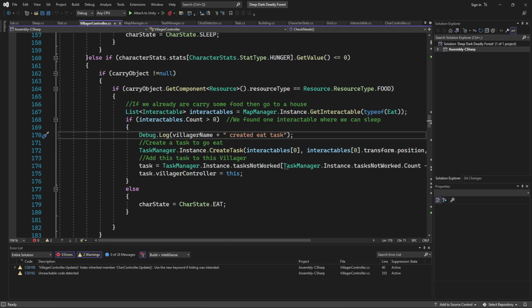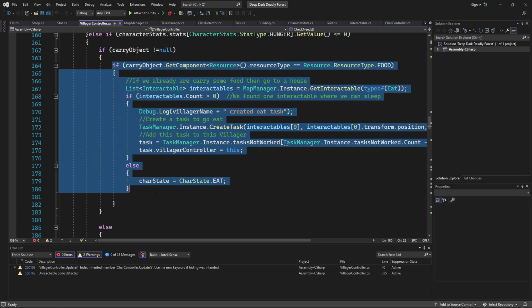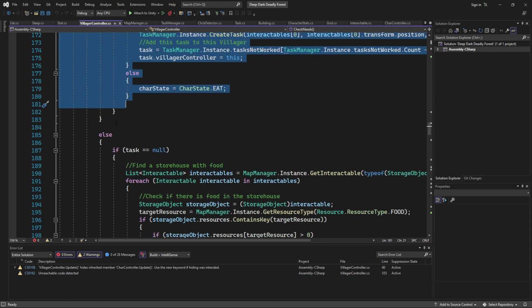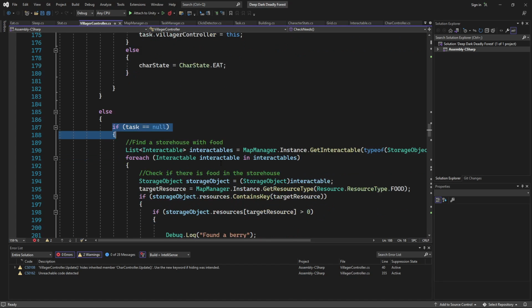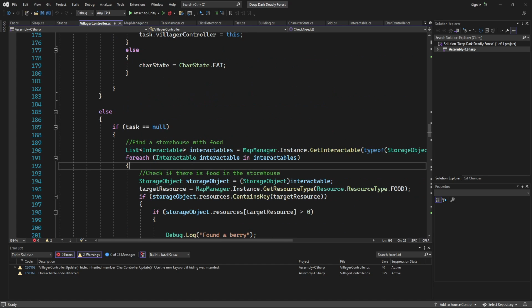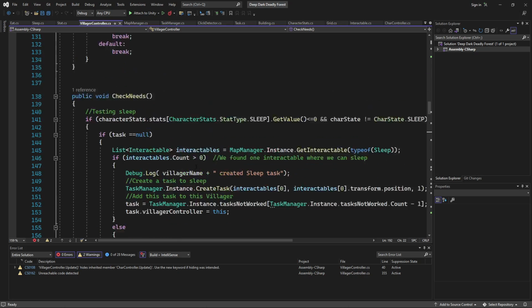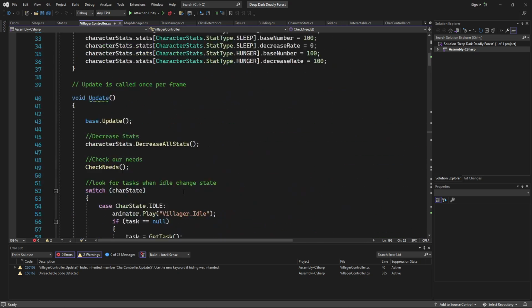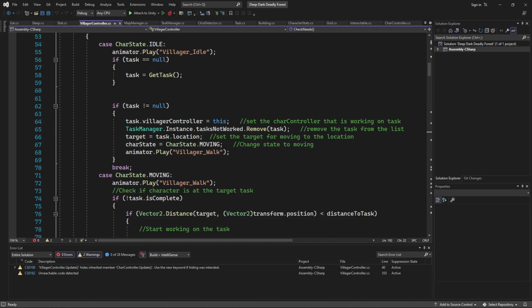Let me just double check everything. If it's less than 0, if we're not carrying an object, or if we are carrying an object, look for a house. If we're not carrying an object, make sure we don't have a task. If we don't have a task, let's find a place. Let's find a storehouse with food. We're going to go and look for food. And we create that takeout. After we take it out, we're going to have that berry. And then we're going to take it to the place to eat. So when we eat,